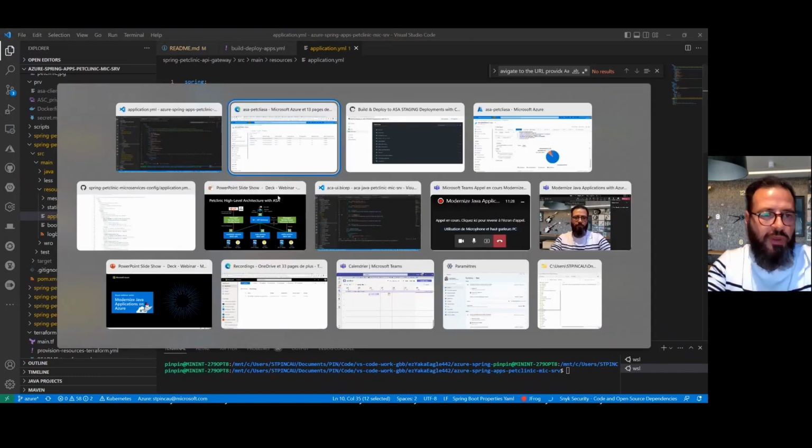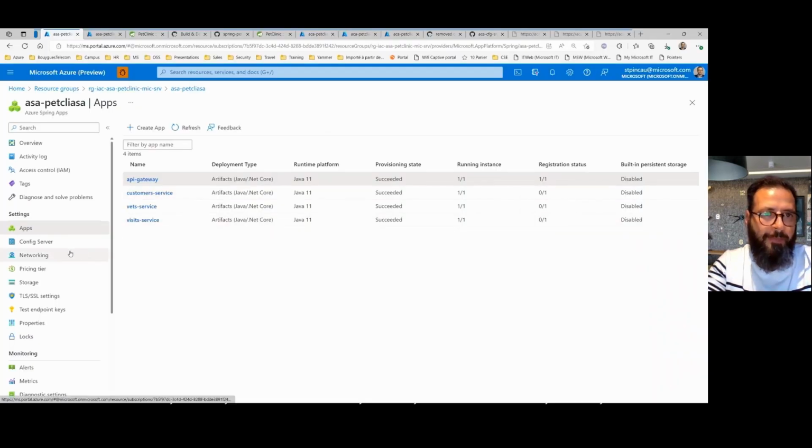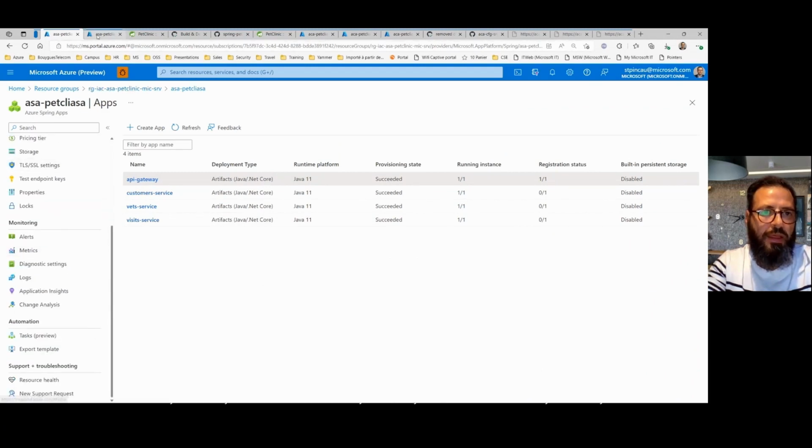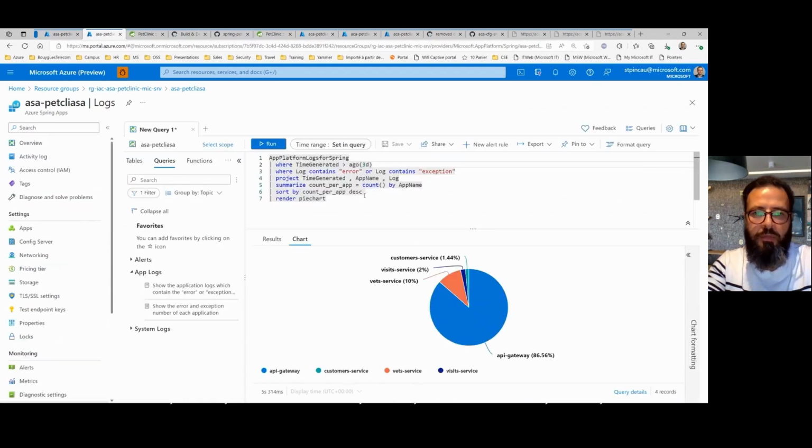Okay, so last thing to check, the monitoring and App Insight. Yes, so monitoring. This is another query which I have built to check the errors as a pie chart, and I have some errors here coming mainly from the API gateway.